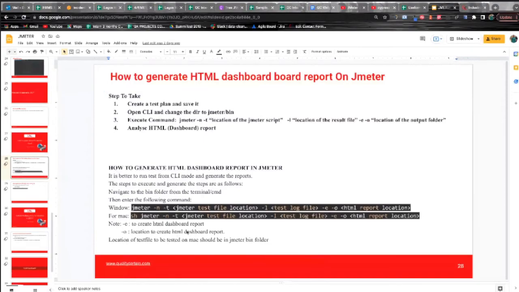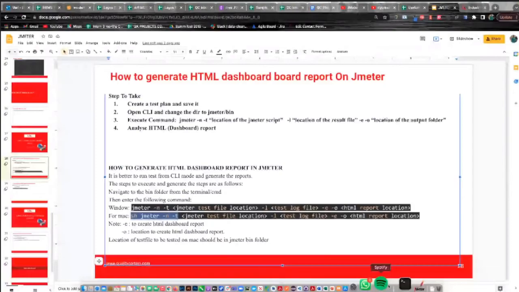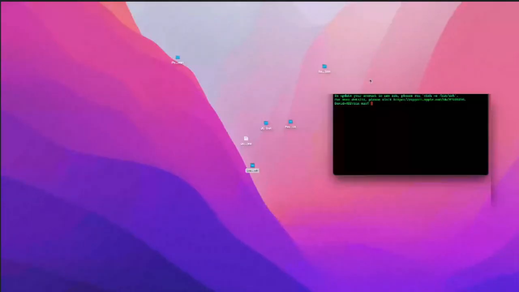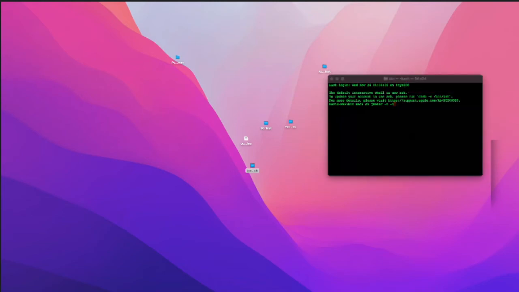So let me run this command, sh jmeter -t. Come to the command line. This is the batch file. Paste it in. So for those of us using Mac, we are meant to run sh jmeter -n -t, then the JMeter test